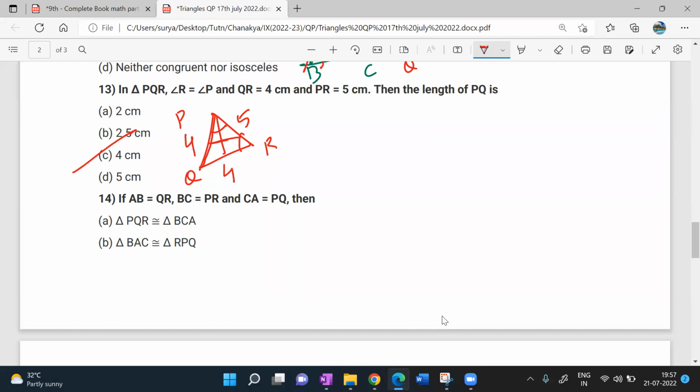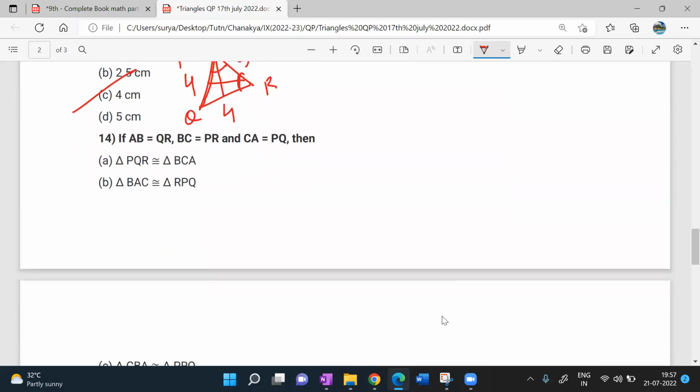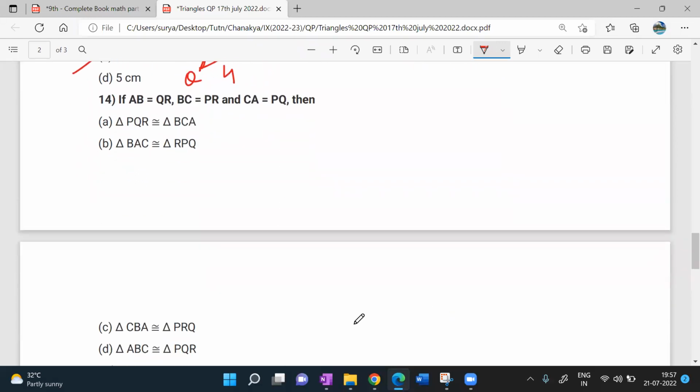This is correct. Sides opposite to equal angles are equal. So this one is 4. Then this one is also going to be 4, or not? Yes, sir. Understood. AB is equal to QR, BC is equal to PR, and angle C is equal to angle P, then